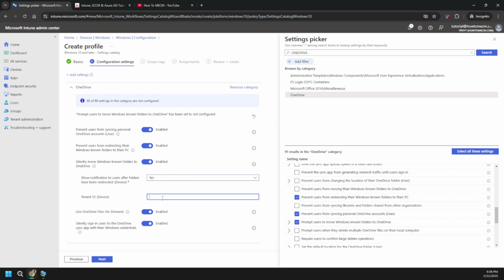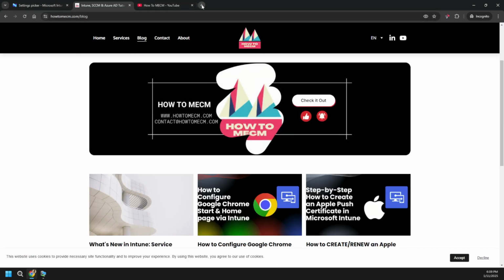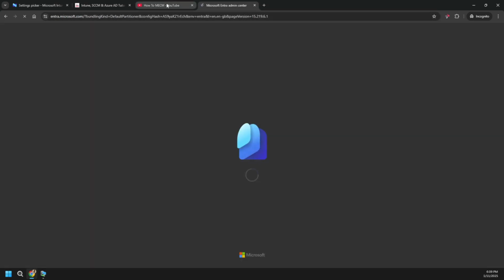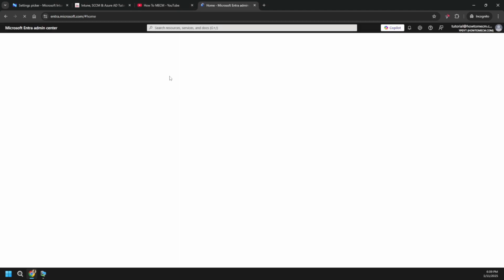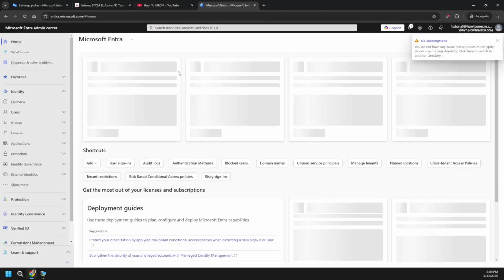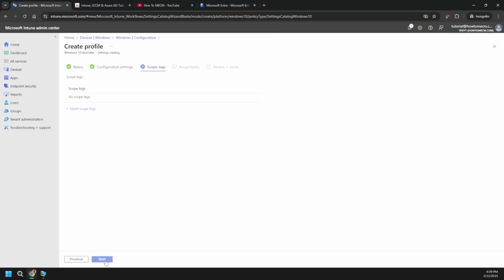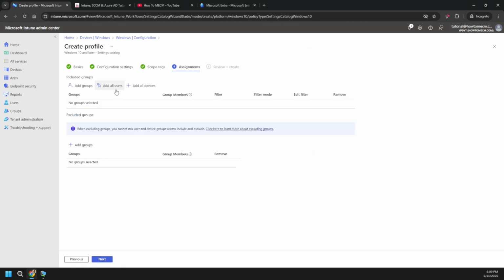So yes, and here we have to provide the tenant ID. We'll just copy it from here. Oh, too slow. Okay, then yes, so in this case